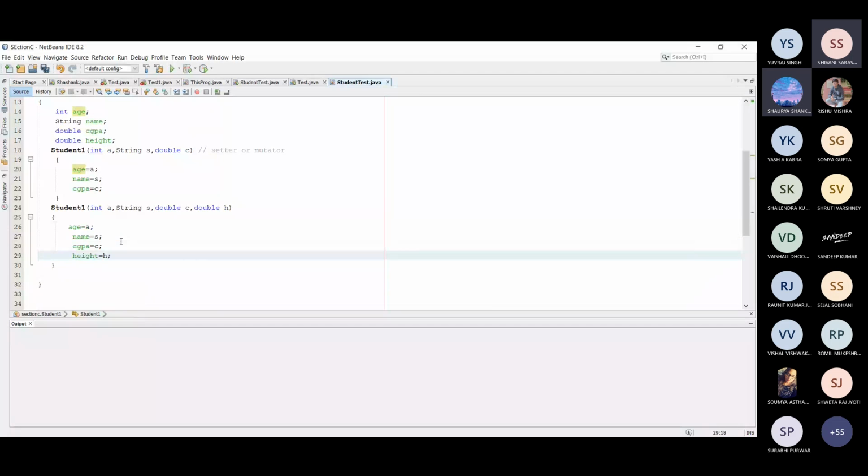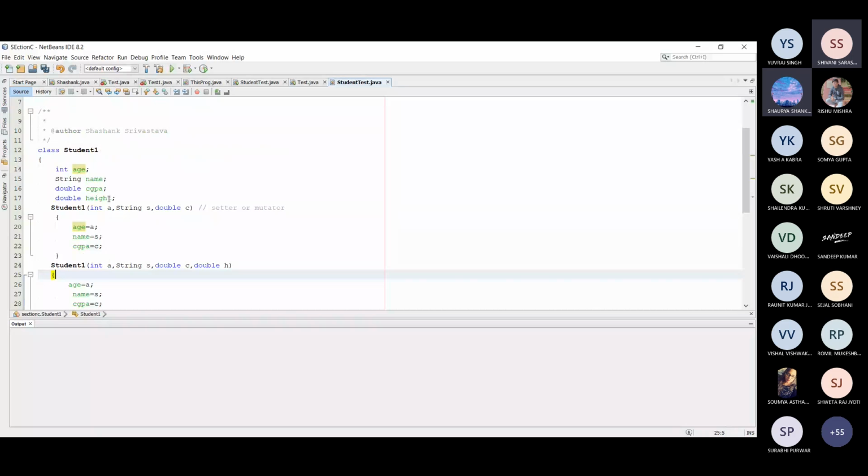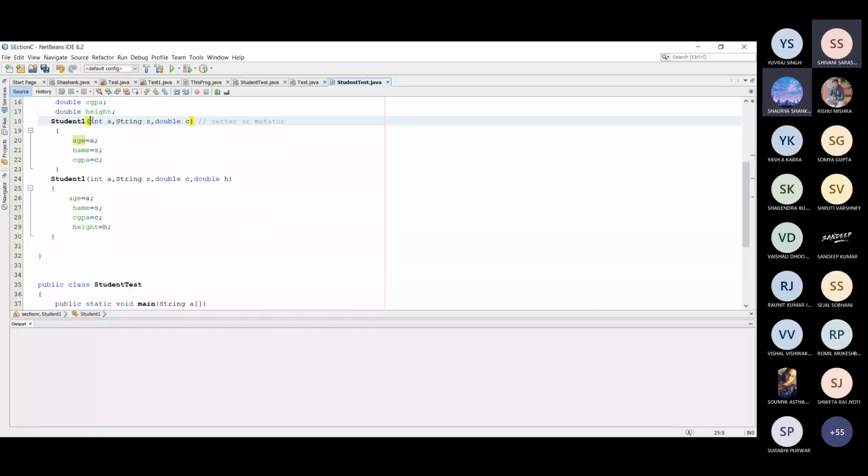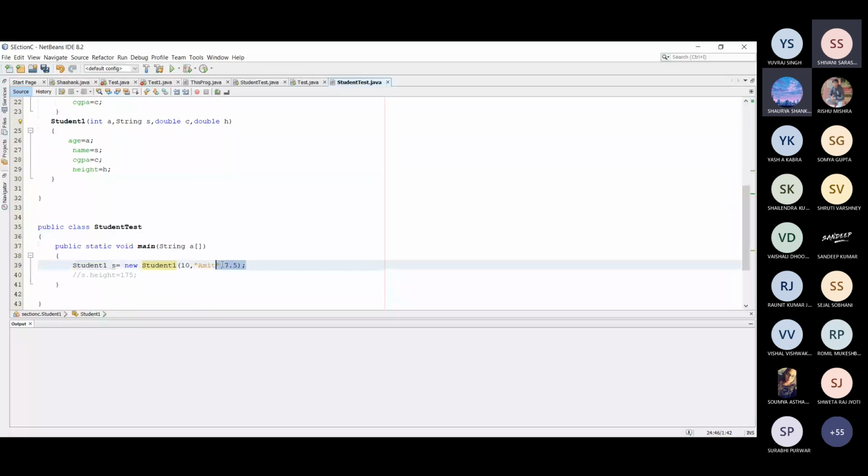So here you can see that there are two parameterized constructors. If in a single class there are multiple constructors, this concept is known as constructor overloading. Here there are two constructors. If I write this, the first constructor is called, but suppose I write student s1 equal to 7.5 comma 175.